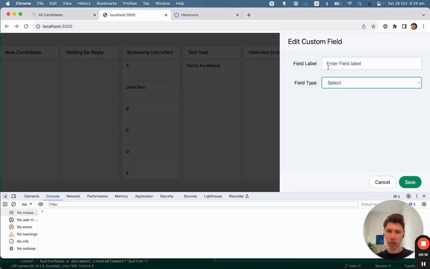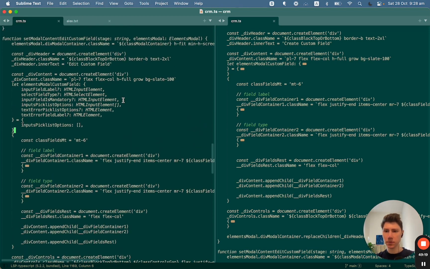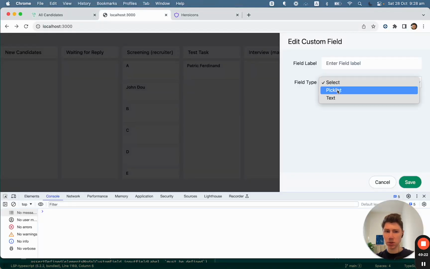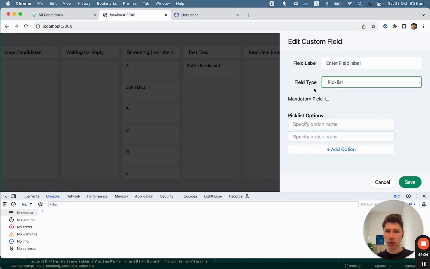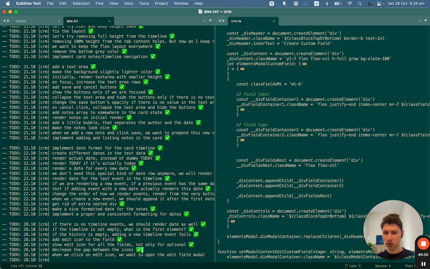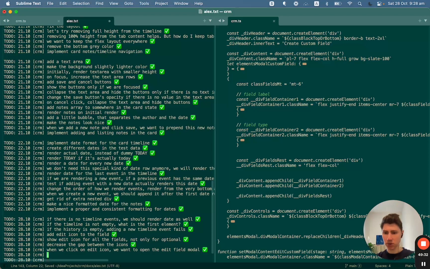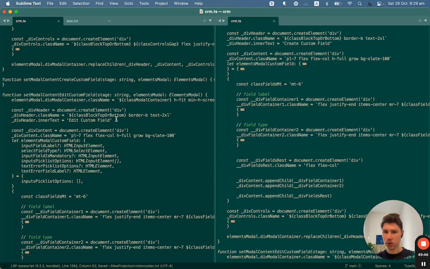So we have our field type and field label, and in our case we actually wanna have it pre-selected, right? So pre-fill the field label and field type with the values, right? So in this case it's gonna be, in this case